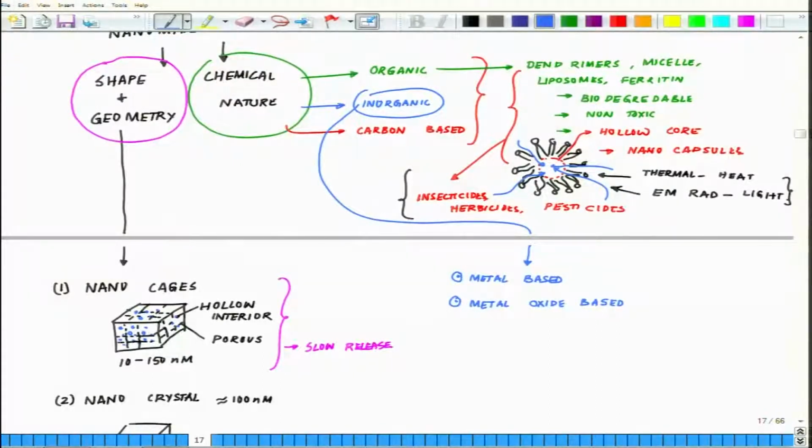Metal based and metal oxide based are mostly inorganic nanoparticles. Nanoparticles that are synthesized from metals to nanometric sizes, either by destructive or constructive methods, are metal based nanoparticles. Almost all metals can be synthesized into nanoparticles,